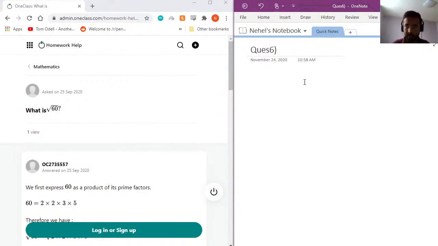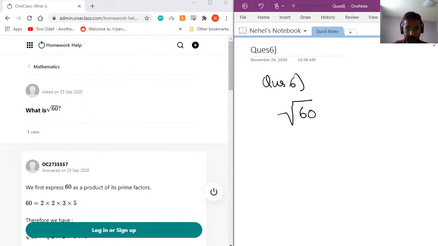For the square root questions, we need to start by doing prime factorization, and then we can try and form pairs. If we're able to form a pair of 2, we know that it's a square of that number and it can come out of the square root. So question 6,